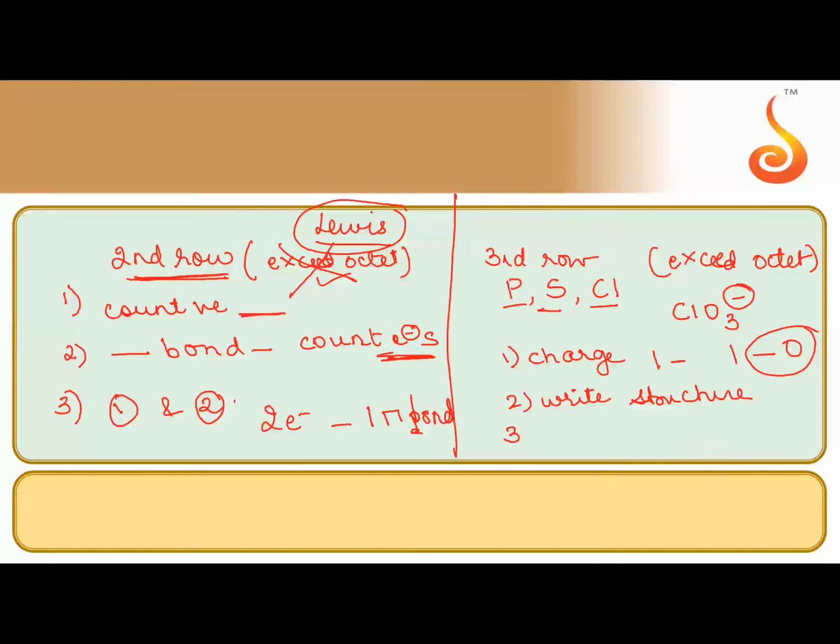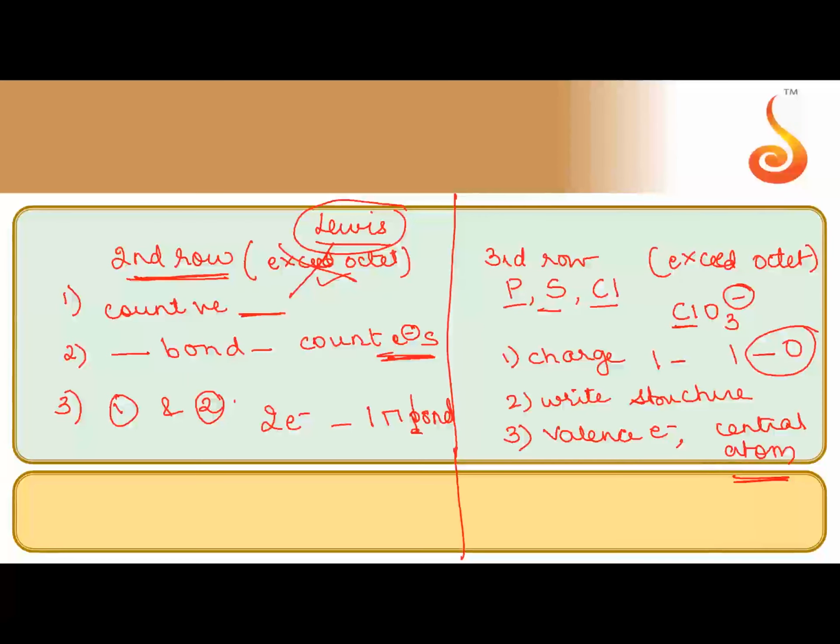Now you count the valence electrons. Make sure the central atom is having its proper valence electrons. Meaning in case of chlorine, it should be having 7 valence electrons. Like that you count. Or you count by using VSEPR, VBT, how many lone pairs are there, and that also you can place on the central atom. So this way you can solve this problem. The approach you can use is slightly different.